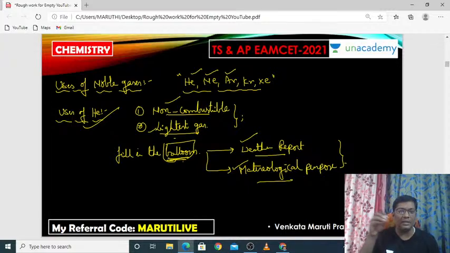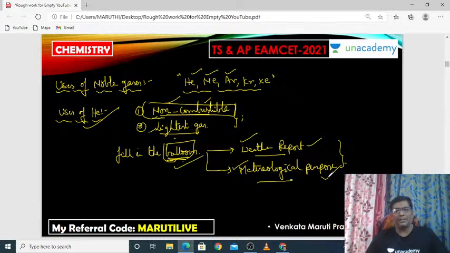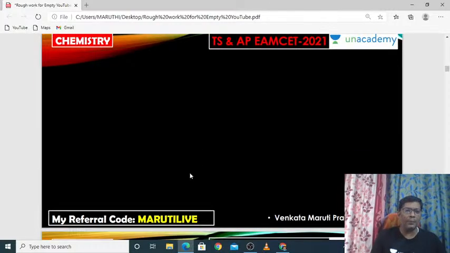But suppose if you are filling hydrogen, actually hydrogen is a much lighter gas compared with helium, but hydrogen gas cannot be filled because hydrogen gas is combustible, but helium gas is non-combustible. So for that purpose, helium will be filled only in this type of balloon. This is one of the most important uses of helium. So for getting the weather report and for meteorological purpose, we are filling the large balloons with only helium gas as it is non-combustible. And one more important use of helium is